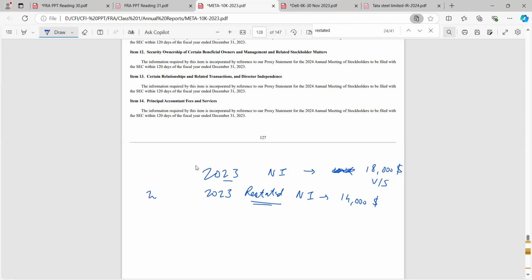Let's say standing at 2024, now we are standing at 2024, where let's say it's quarter three, where we will be reporting the restated earnings for 2023. So this is how the reporting framework actually works. I am not finding any practical example to give you. So this is the best way I can give you: they disclose in the footnotes how there was a change in their disclosure perspective.